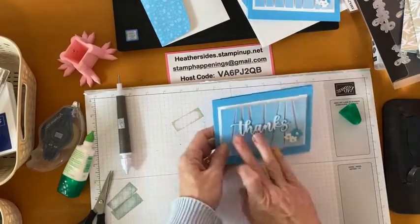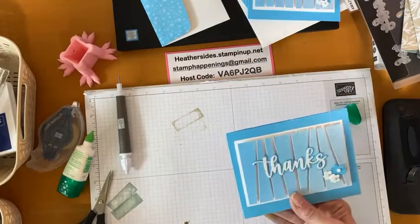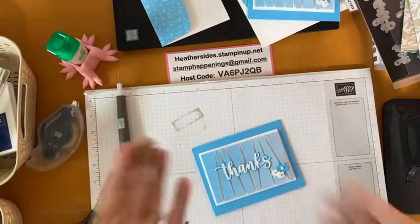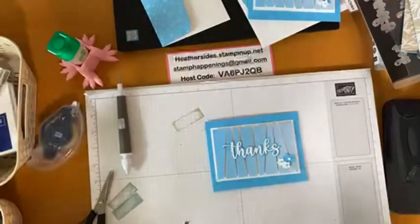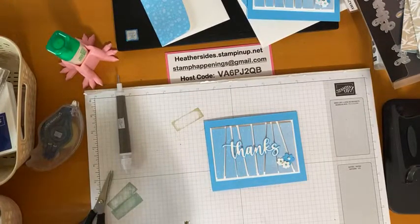Now, when I made this, I didn't know what I would like better. In this one I used the word in white and the shadow in the Tahitian Tide, but I didn't know if I would like it better that way or the reverse, so I made two. So I had an extra set of the thanks, just the other one going the other direction. And then I had one extra flower, because I didn't know if I was going to want two white ones or two blue ones. So I did cut an extra